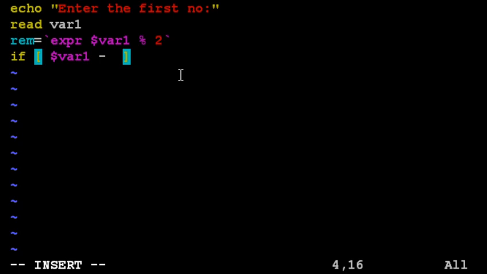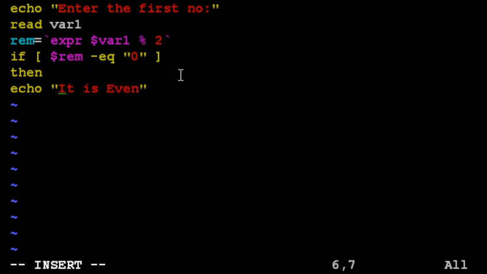So first here you have to use rem, if it is equal to, -eq, that is equal to 0. Then on the next line you have to write the then statement, and then you will display your message for the true statement, that is it is even.